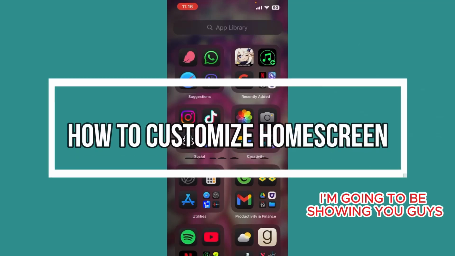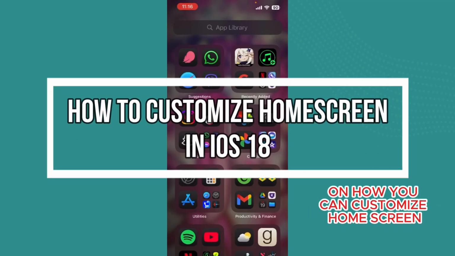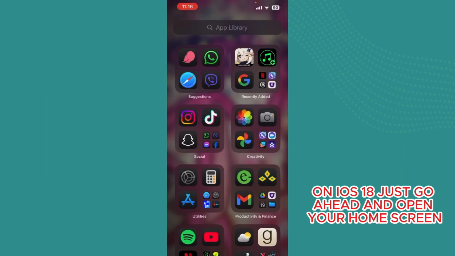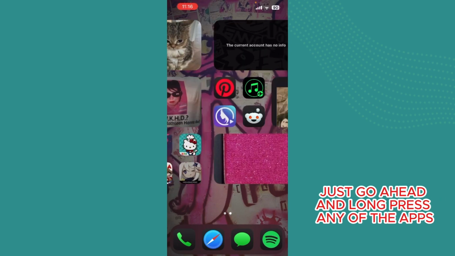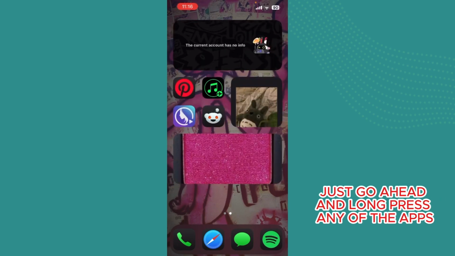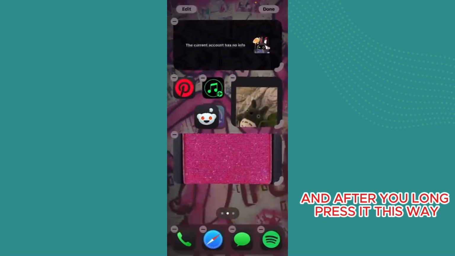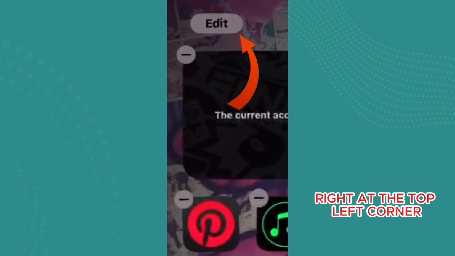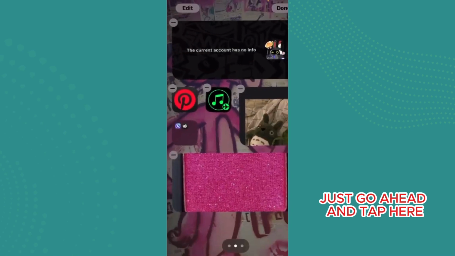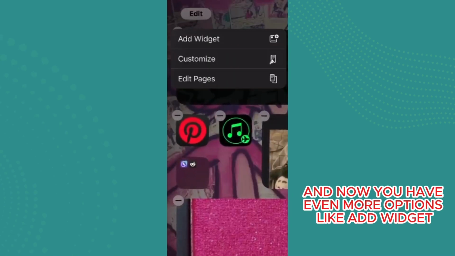I'm going to be showing you guys how you can customize the home screen on iOS 18. Just go ahead and open your home screen, and after you're here, just go ahead and long press any of the apps, and after you long press it this way, you would notice that there's an edit option right at the top left corner. Just go ahead and tap here, and now you have even more options like add widget,